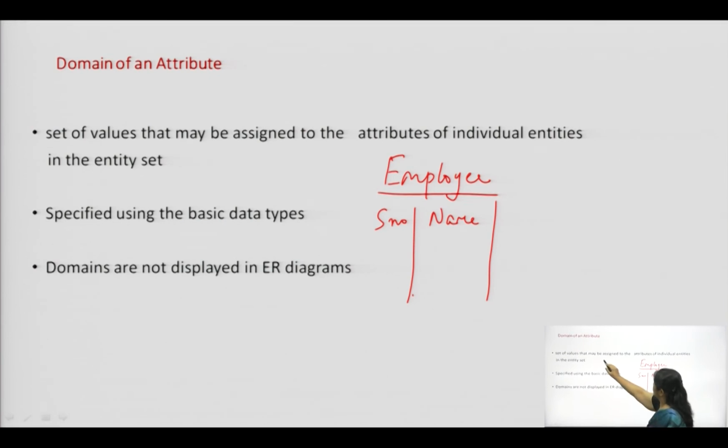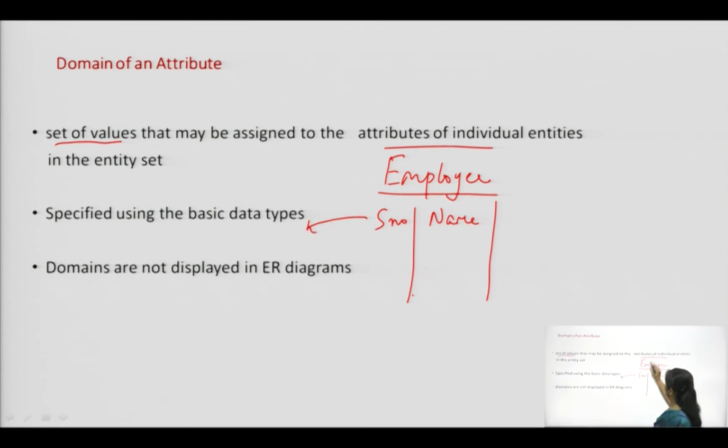So, it is the set of values that will be assigned to the attributes, which means that for example, for SNO I will have some set of values which will be assigned to the attribute SNO. I can say that that set of values will be integers.